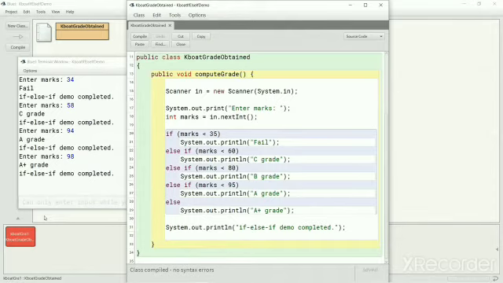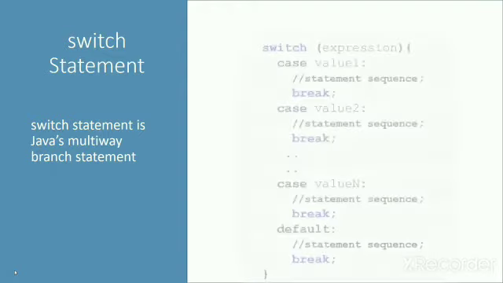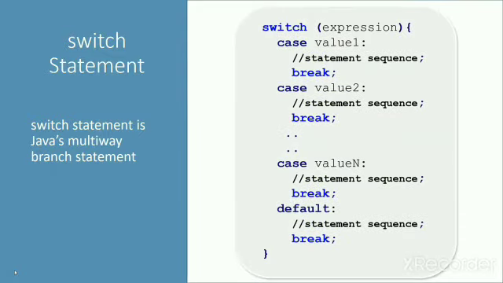This completes our discussion of the if statement. Next, we will look at the switch statement. We talked about testing multiple conditions for making a decision while discussing the if-else-if ladder. Java provides another control statement, the switch statement, for such multi-way branch. It follows this syntax. Let's look at a simple example of the switch statement and relate it with the syntax.